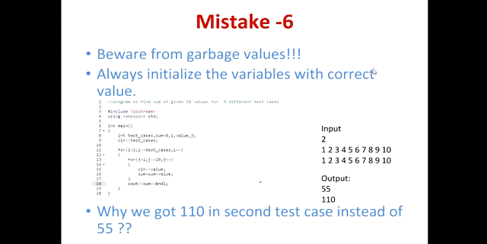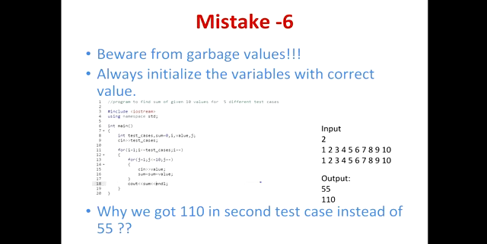Always beware of garbage values. Generally, we forget to initialize the variables that we have to give as the output, and we end up with a wrong output result. So like you have code like this. In spite of initializing it with sum equals 0, we are getting an error. Why are we getting an error in the output? Not a runtime error or something like that. It is a logical error.